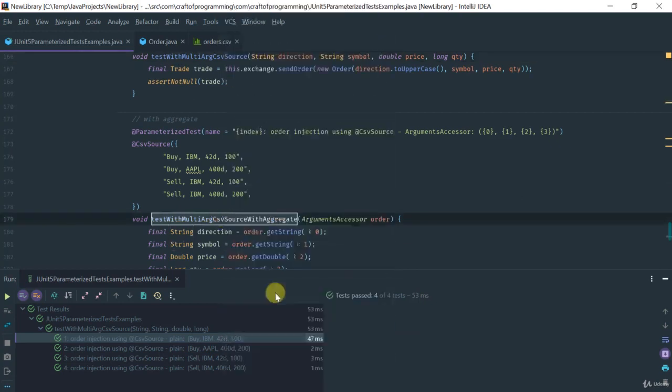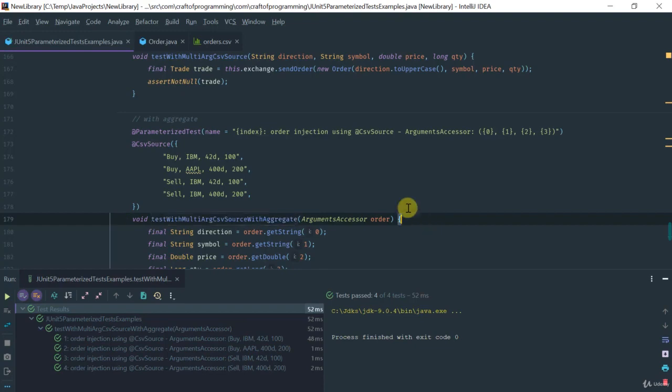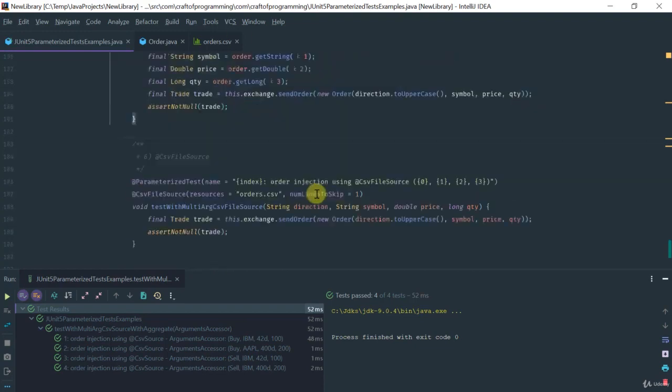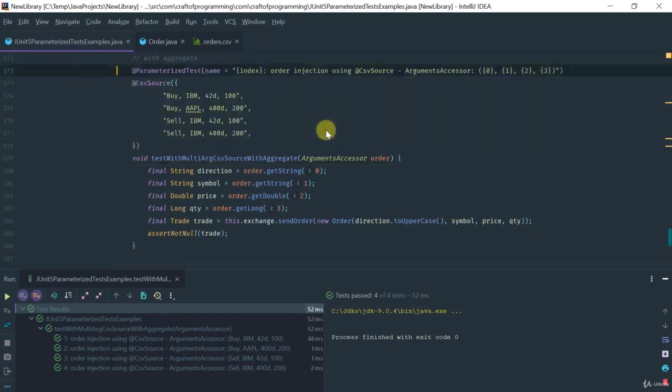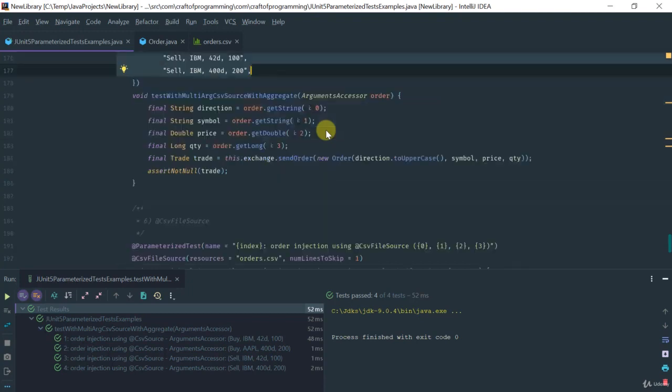So again, if I run this, notice that it passes, and it's pretty much the same output as you would expect. Another way that you can do the exact same thing is, instead of using a CSV source, especially since you can see that this would be completely unmaintainable and really hard if this is a very, very large list of parameters that you want to inject,